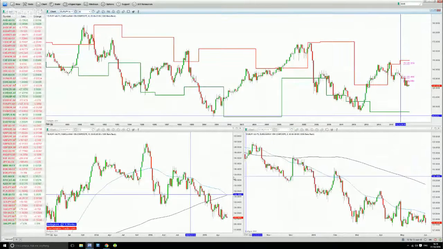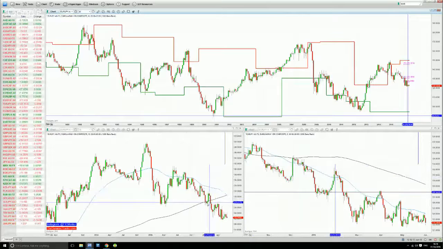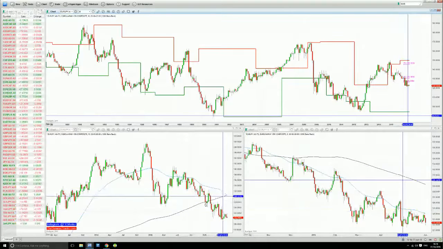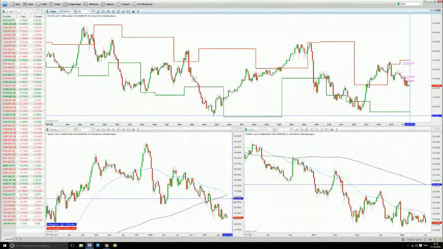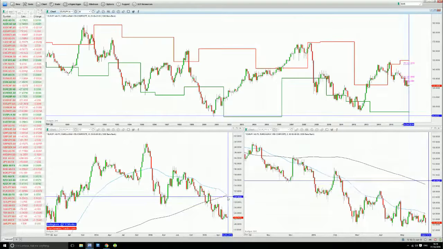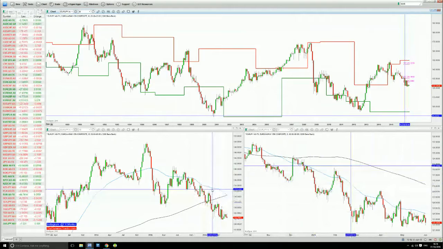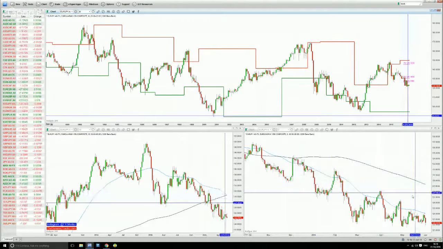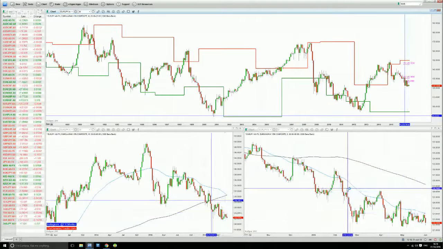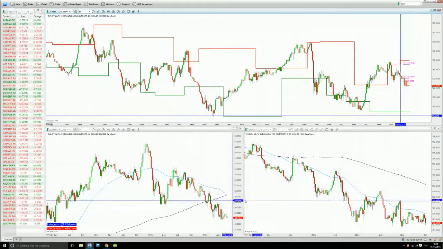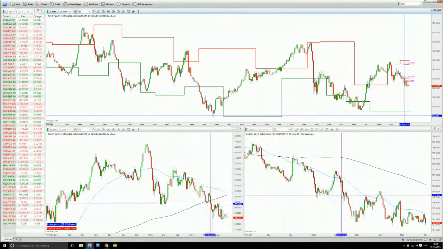Interesting, below the 200, below the 50. But if you look at the 200, it's still heading up. We really want it to start heading down, telling us we are in a bearish trend. At the moment, it's still heading up. So this could be a fake out. But ultimately, we're below the 200, we're below the 50, and we're below the 200 and below the 50 on the daily as well. So we do have trend direction, trend alignment on the weekly and the daily time frame.